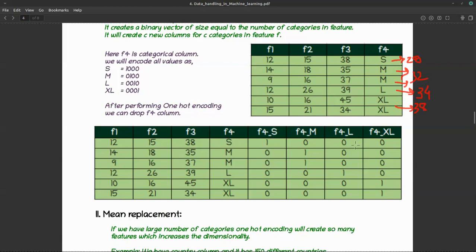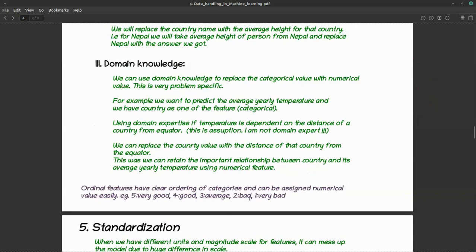I can do that, right? Because these two are very related. Small is less than medium is less than L is less than XL, but I can't say red is less than blue is less than green is less than purple, right? So if your categorical feature has some ordering of the weight, then it's called an ordinal feature, right? And this ordinal feature is very easy to deal with.